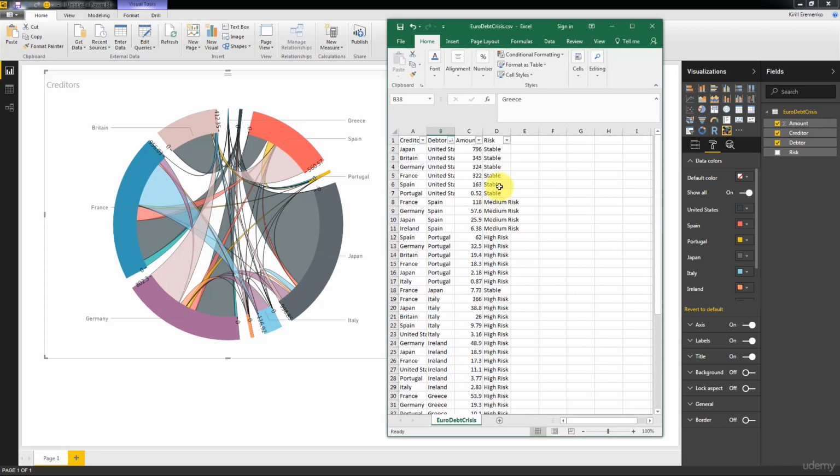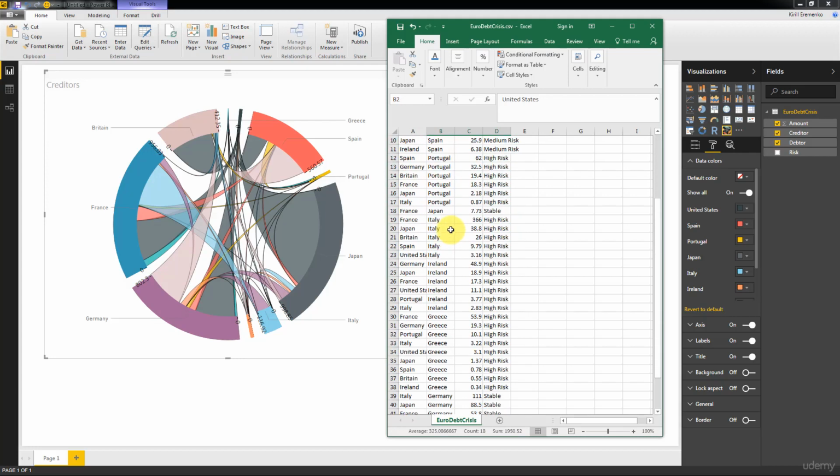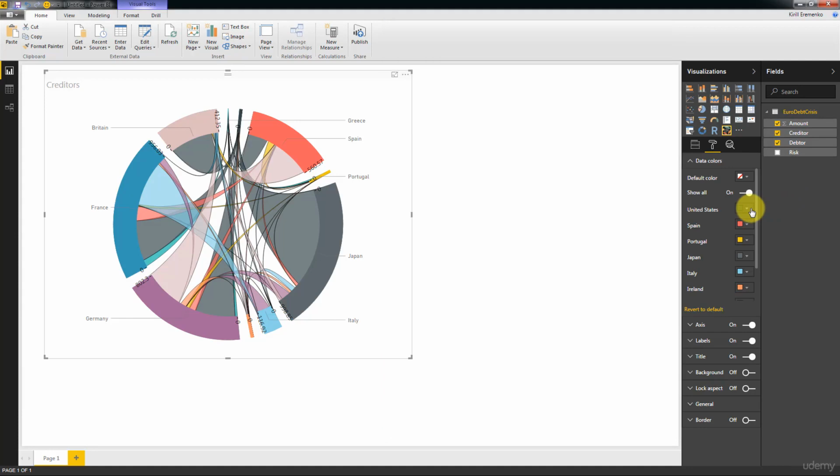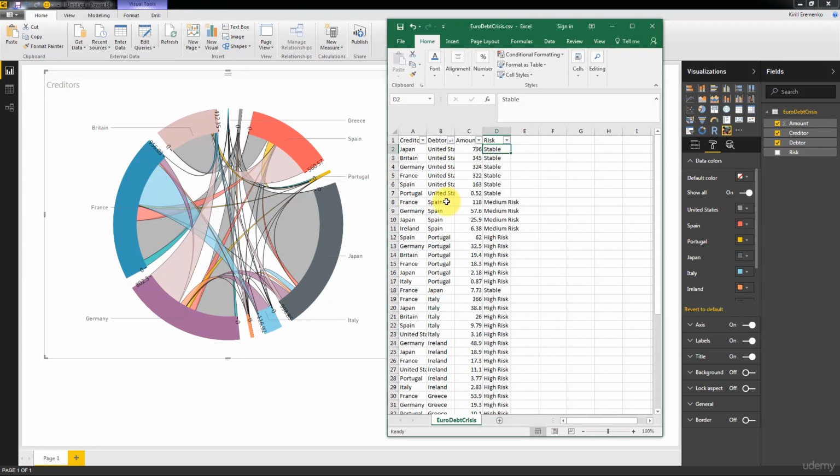We're going to use our debt crisis dataset, and so just sort the data by debtor, and that way you'll be able to put them together, so you won't have to search for different countries separately. So here we've got United States, the risk is stable. So let's go ahead and change the color here. We'll use this gray just under the black. All right, so then we're looking at Spain, medium risk. So for medium risk, we're going to use